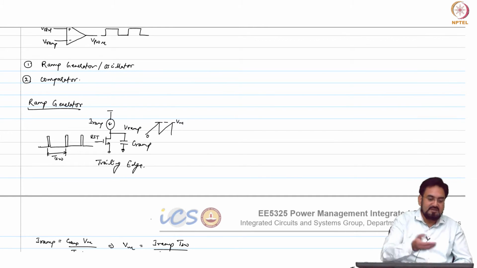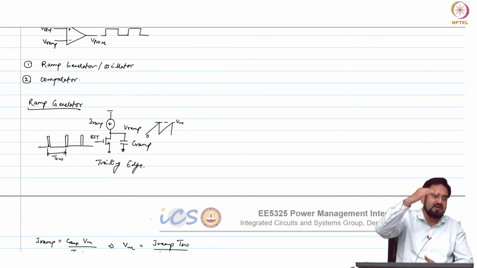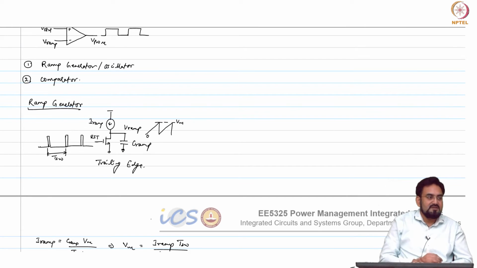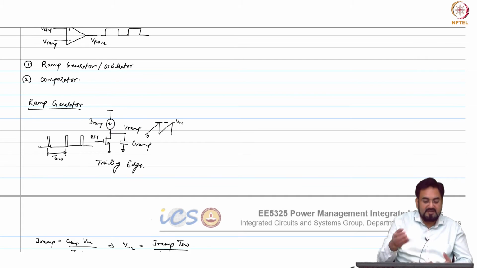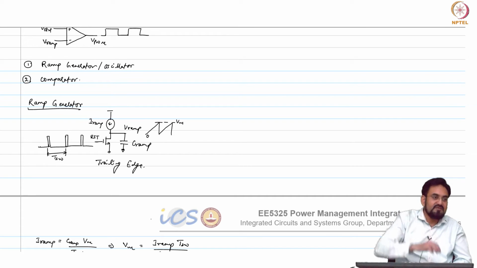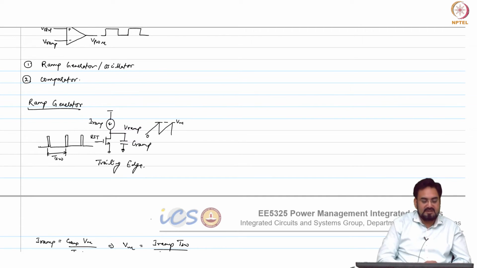If below 50%, then you go for leading edge, because then your control voltage will always remain above Vm by 2, in this case above 0.9 volt, or VDD by 2 in the other case, not Vm by 2. And in the other case, if you are operating at below 50% duty cycle, then you can have Vm by 2, because we are going from 0 to Vm. So, 50% is Vm by 2, we are not changing the common mode here.